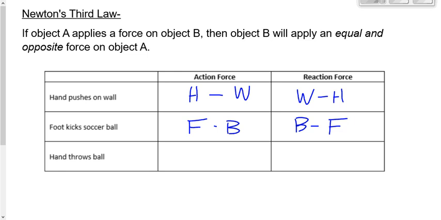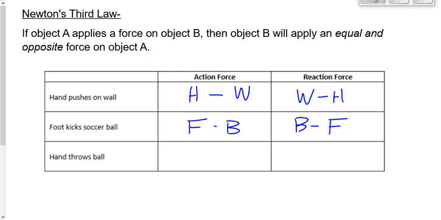Any soccer players? When you kick a soccer ball, you're supposed to kick it with the side of your foot, right? When you kick a soccer ball, you apply a certain force on the ball, and the ball applies an equal and opposite force on you. It's not that you don't want to kick it hard, it's just that you want that reaction force to be on the side of your foot